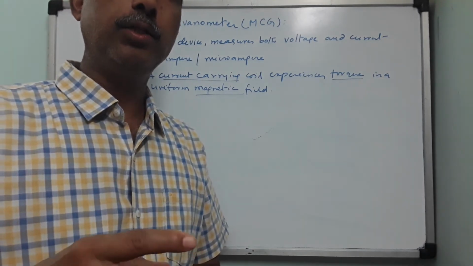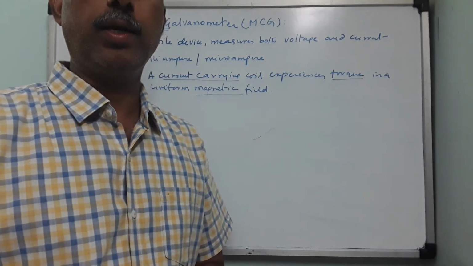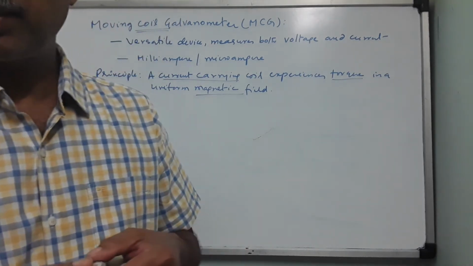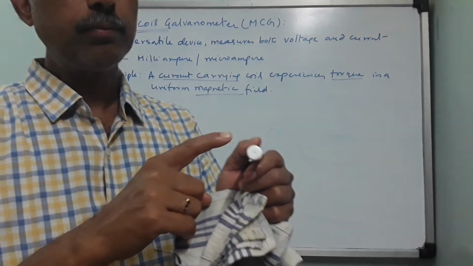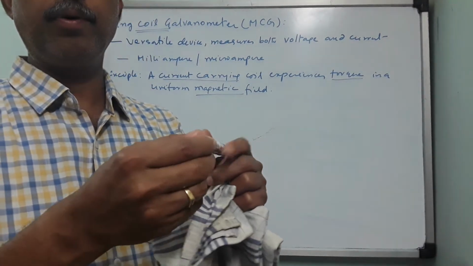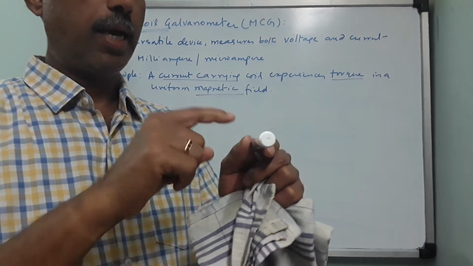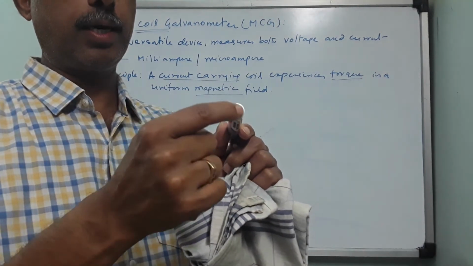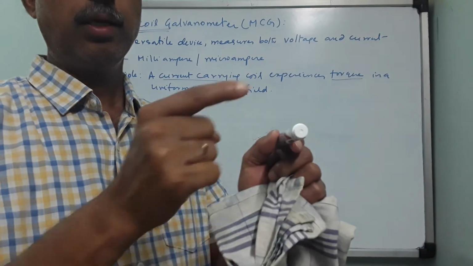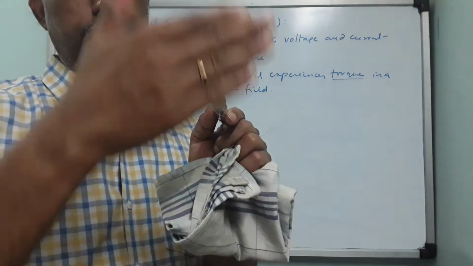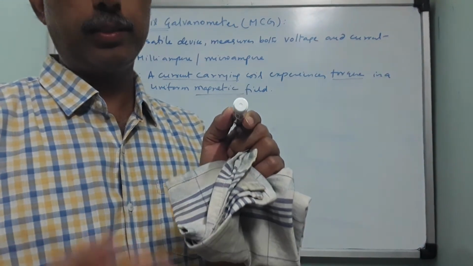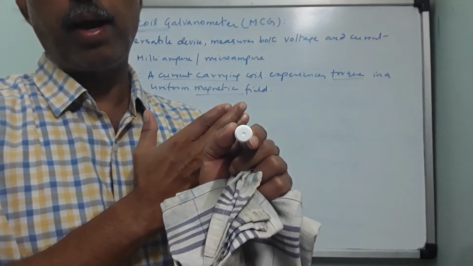Rather, the coil is wound on a soft iron core. So if this is a cylindrical soft iron cylinder, and I take a long copper wire and start rotating or turning it like this. Children, you are seeing this projection, only the front view of the cylinder. The entire cylinder is in the backward direction.